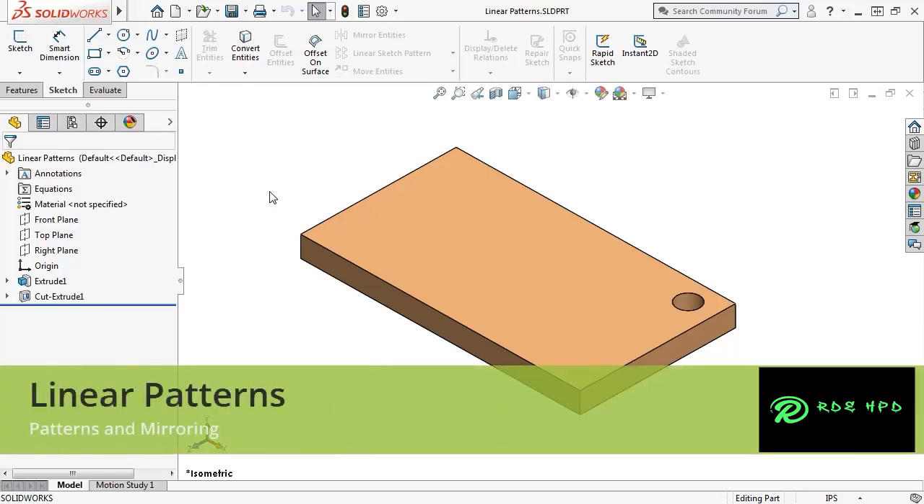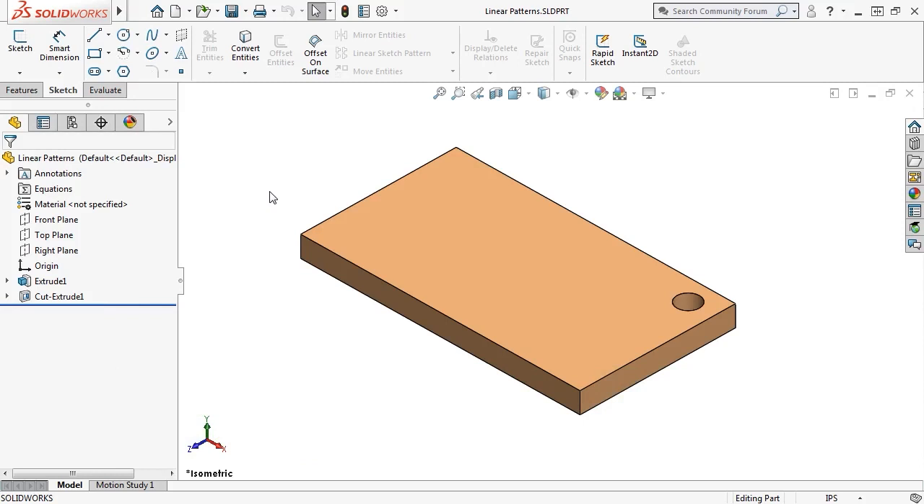Another way to save time when creating parts is to pattern repeating geometry. Linear patterns let you create copies of existing geometry in one or two directions in a single step. These copies, which are referred to as pattern instances, are based on the original geometry, or seed geometry, you select. This means that if you make a change to the seed geometry, the pattern instances will update to reflect the